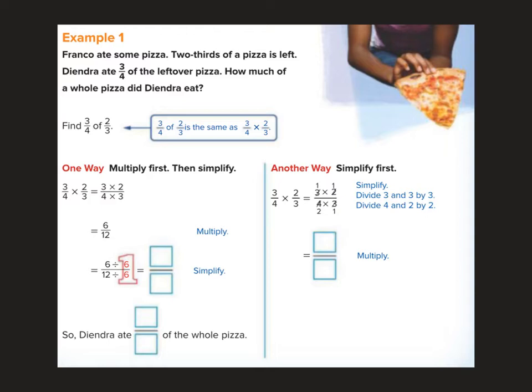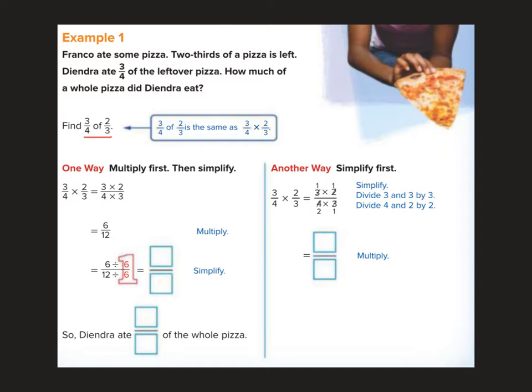Example 1, Franco ate some pizza. 2/3 of a pizza is left. Deandra ate 3/4 of, remember I was talking about that, of usually means multiplying, of the leftover pizza. How much of the whole pizza did Deandra eat? So we need to find 3/4 of